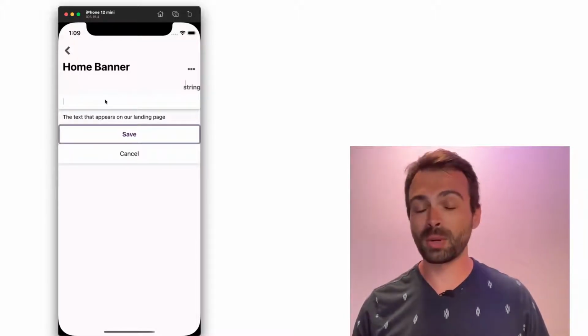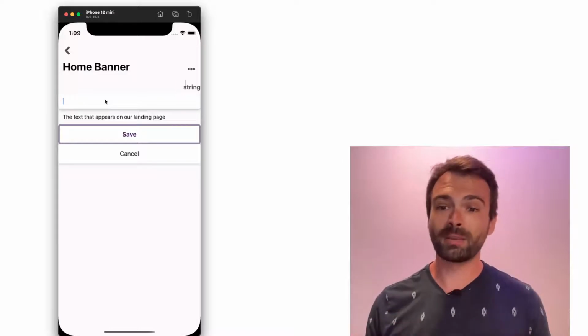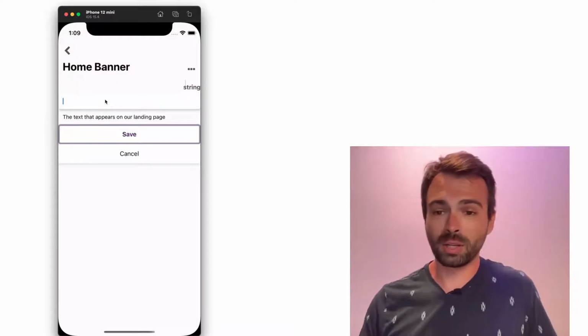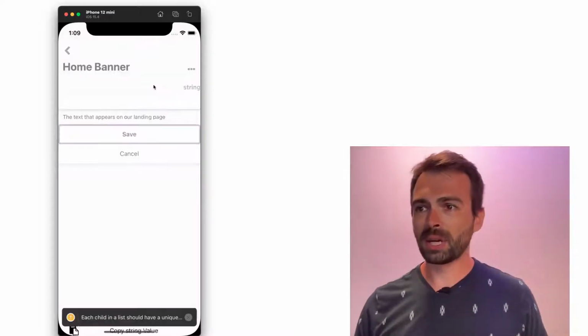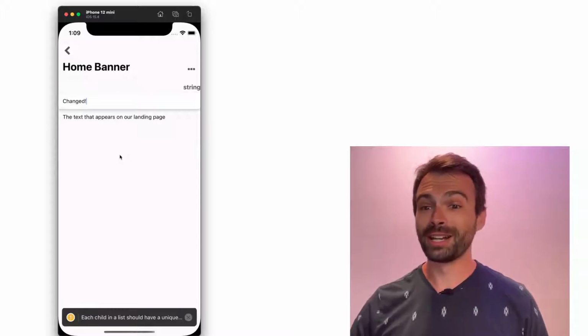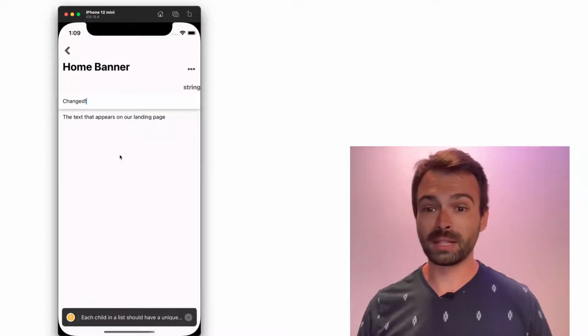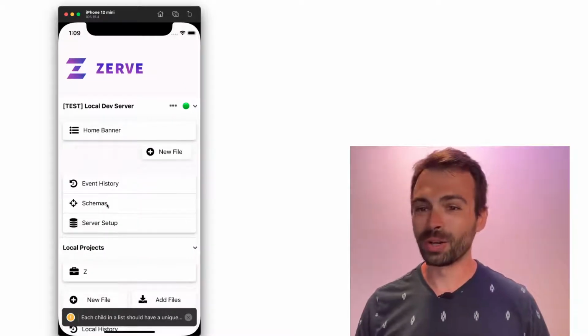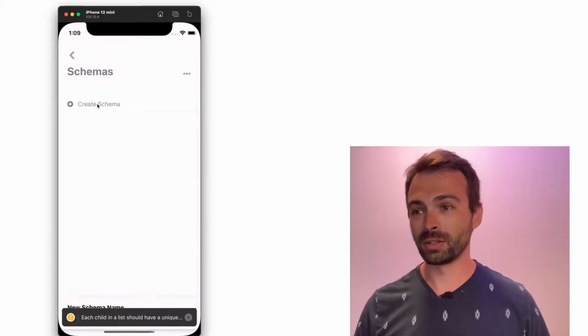And we can access this through an API, so that way your custom application will reflect whatever data you want to store here. So here we're editing the home screen, but we want to take this to the next level and make it so that your engineers can actually customize what sort of content is available here. So that's why I've been working on schemas. So I'm really excited to show you what it's like to create a schema here on ZERVE